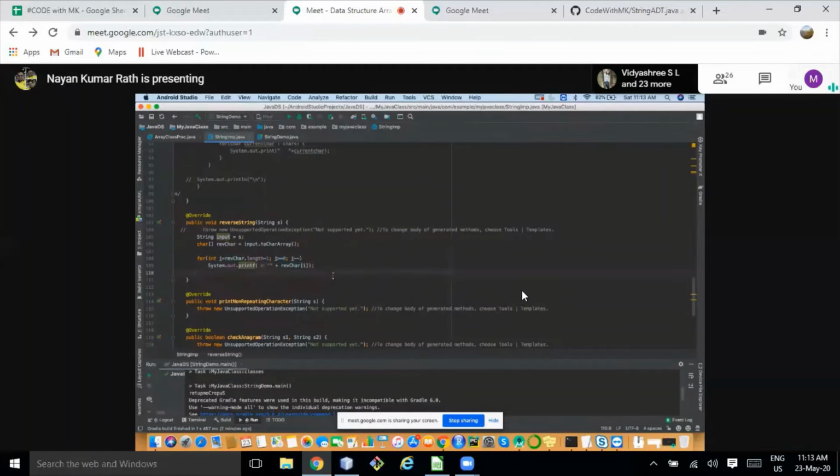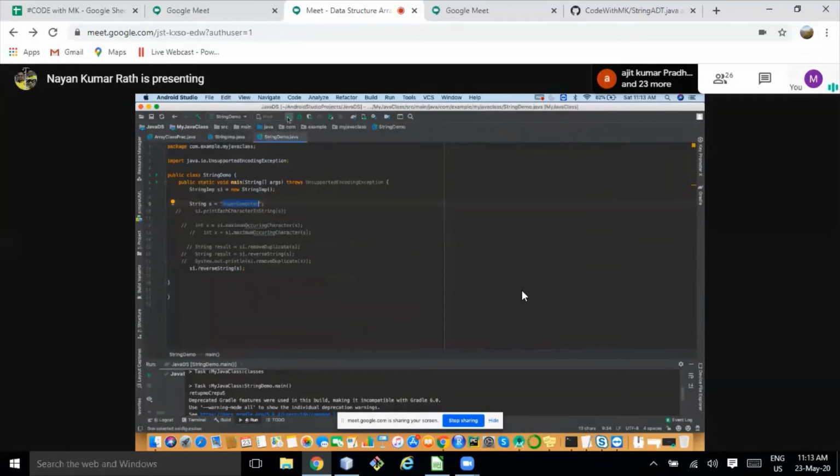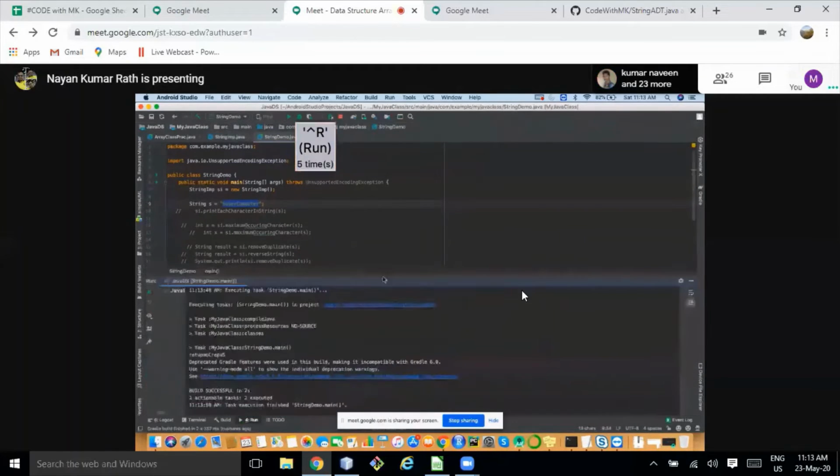So you just need to convert it to a string now, right? You have the character array, you just need to convert to string. For that you can write Arrays dot toString. I'm getting the output, that's not a problem. My input is supercomputer, and you can see it's printing here.